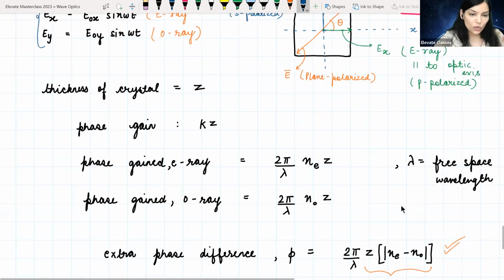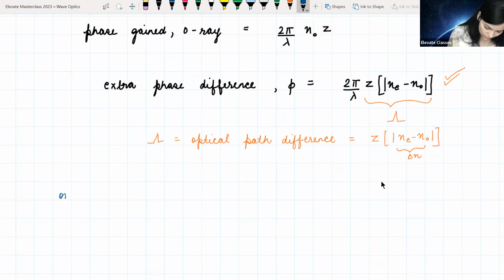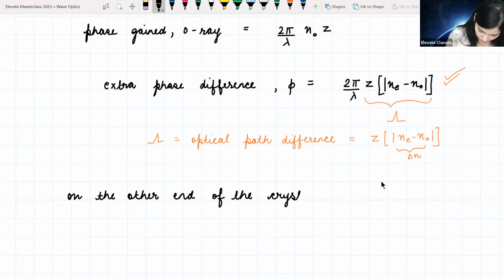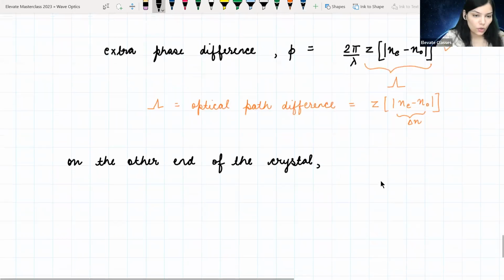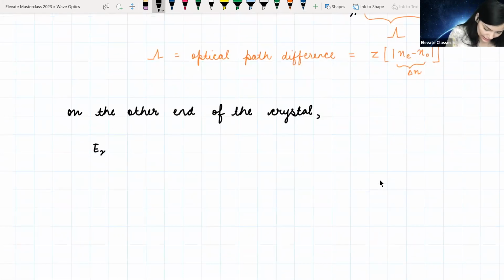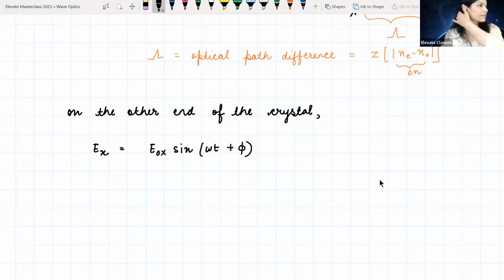Okay, so now on the other end of the crystal, what will I get is I will get EX is equal to EOX sine omega t plus phi, and EY will be equal to EOY